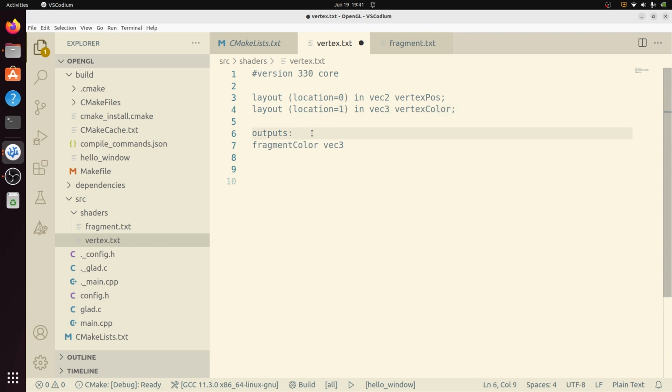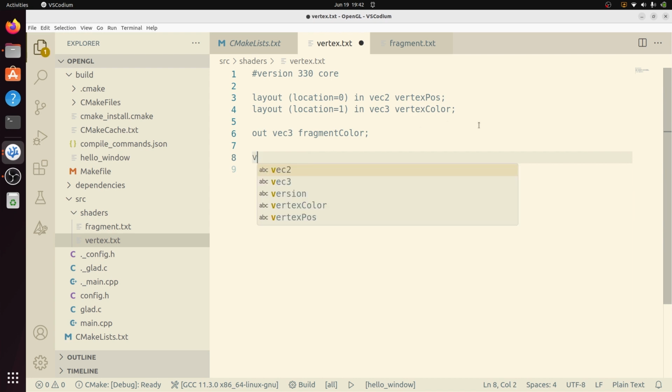Okay, great. And now I'm going to do the same thing with my output, but with this output, because I have control within the shader code, I'm just going to list it by variable name. So I'll go out vec3 fragment color. And there we have it. So then we just go, all right, didn't declare the main